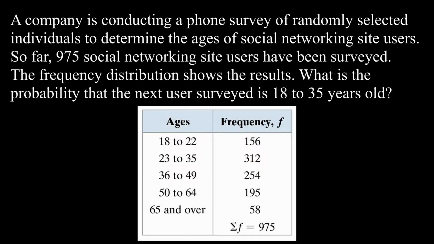For our first example with empirical probability, we are looking at a case where a company is conducting a phone survey of randomly selected individuals to determine the ages of social networking site users. So far, 975 networking site users have been surveyed, where the frequency distribution that we're given shows the result. By frequency distribution, I mean the table here. And what we want to do is find the probability that the next user surveyed is 18 to 35 years